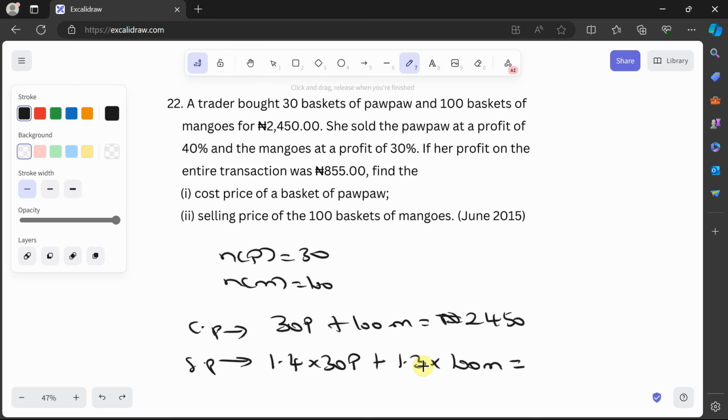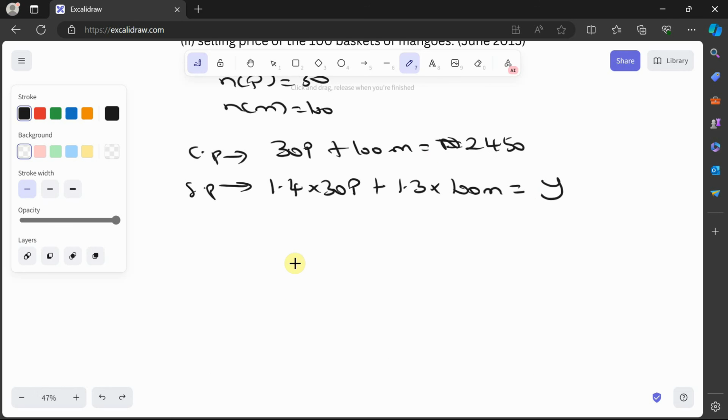So we don't know what the sum of it is, but they told us that her profit on the entire sale was 855 naira, so that means that if I remove the cost price from the selling price, it will give me 855 naira. So this is what we know. Let me just say this is like y. We don't know what the selling price is, but one thing they told us is that if I subtract the cost price from the selling price, it will give me 855 naira. So that means y minus 2,450 is equal to